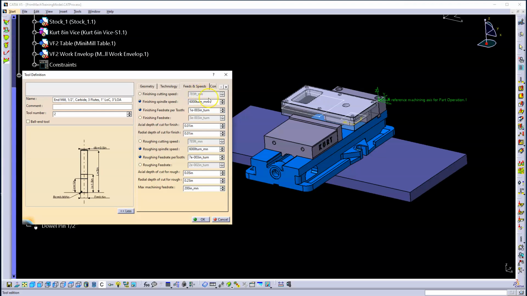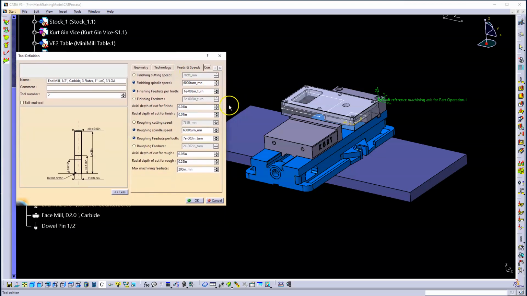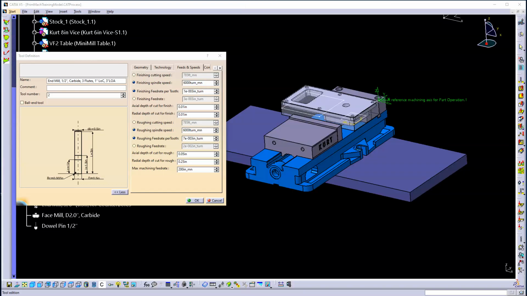Now, some things to note is that the units are weird here, and it's important to look at this and to think of some of the discussions that we've had in class of calculations. So if you remember, right here we have the finish cutting speed in feet per minute. So this is surface feet per minute, and then we have the finishing spindle speed of turns per minute. So by turns per minute, that is what CATIA uses to refer to RPM. Remember from class,